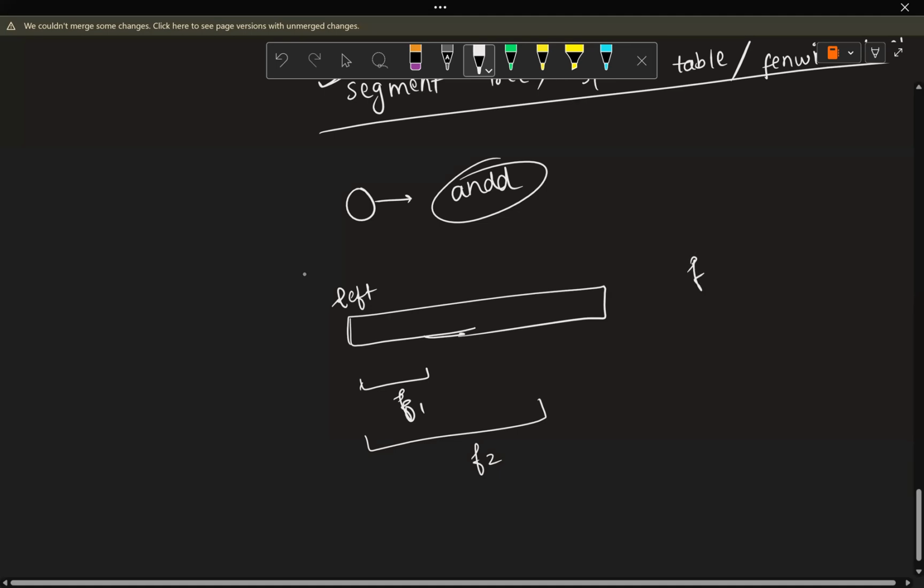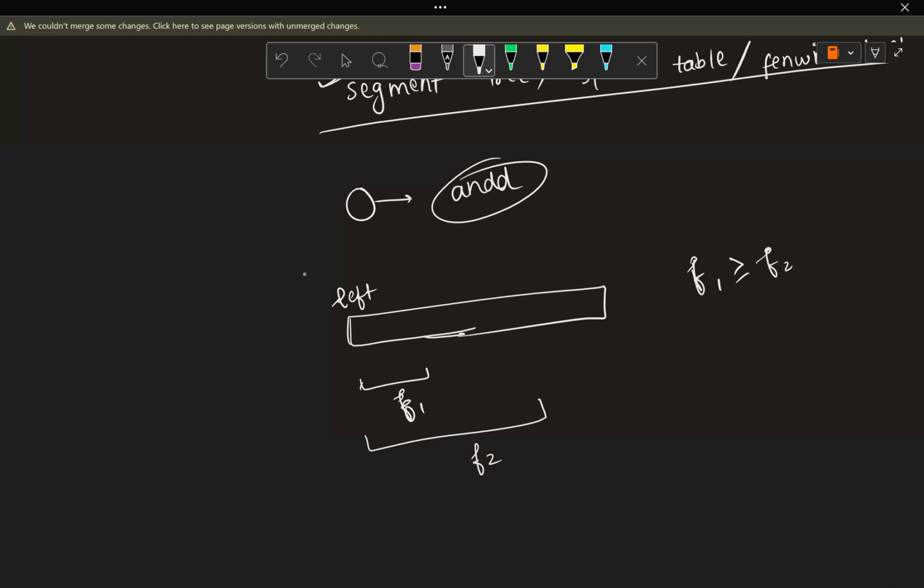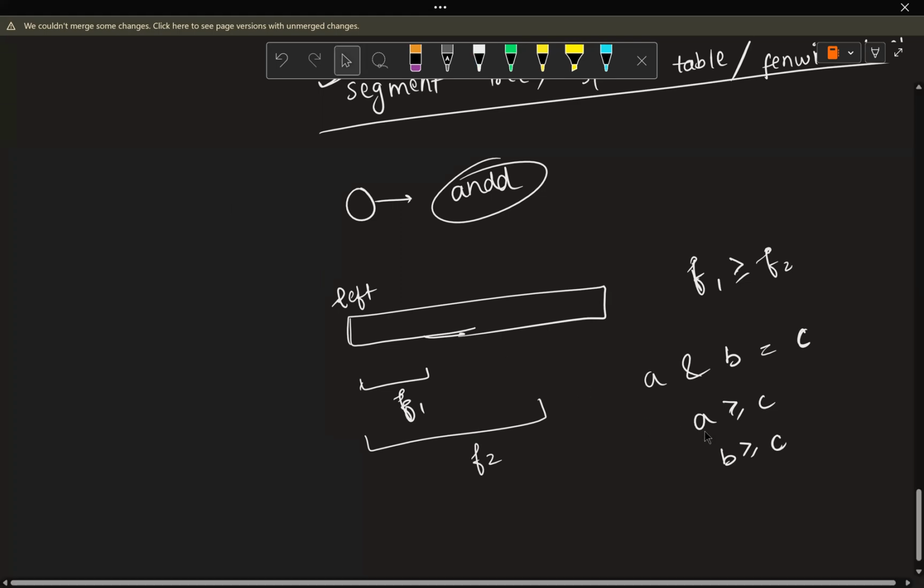Then my claim is that f1 will always be greater than or equal to f2, because doing bitwise and can either make your result smaller or just keep it as it is. So A and B equal to C. If this is the case, then A will be greater than or equal to C, and B will be greater than or equal to C. C can never be larger than either of these two. It will always be either greater than or equal to them, or smaller than them,